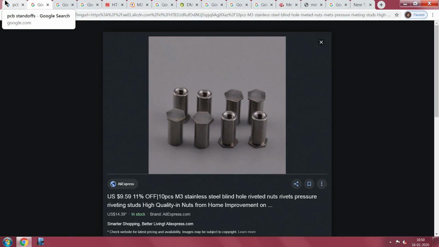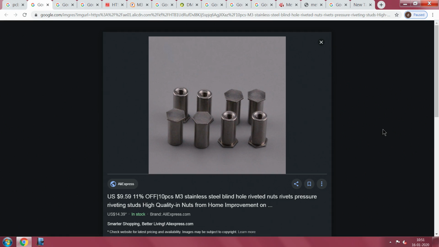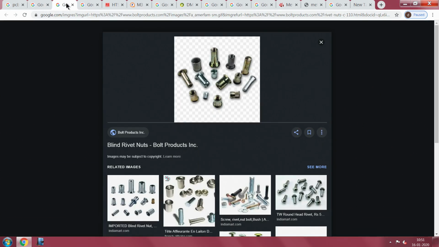Now, let me move on to the next level. Please have a look at this monitor and the amount of hardware that is available for us. I am sure you have come across these things. This one is a riveted nut. Okay. It is called a blind hole riveted nut. If you see here, it says blind hole riveted nut, meaning you may or may not have access on the other side. When they mean a blind hole, it means exactly that you have no access to the other side of the